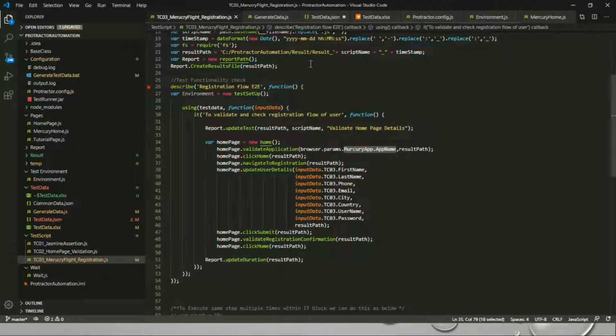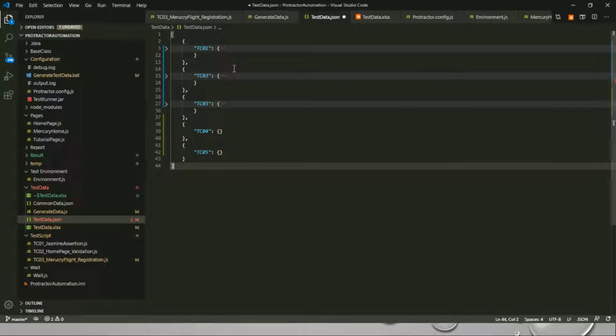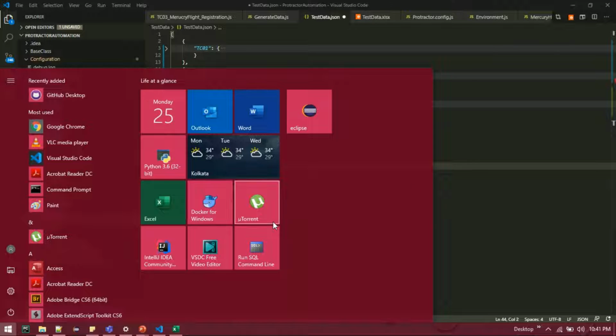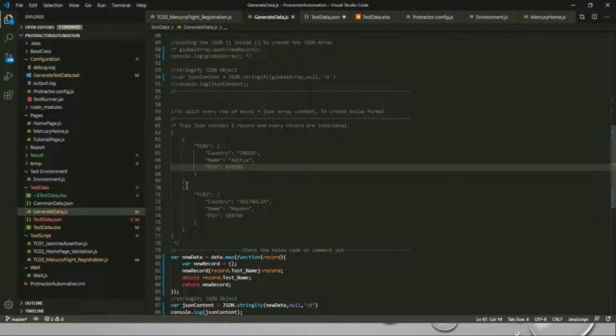So if you want to execute all the test scripts, then it's better to use the one-dimensional JSON array pattern. Let me quickly show you. In general data, currently the format is like this, right? We have two specific array objects of the JSON.